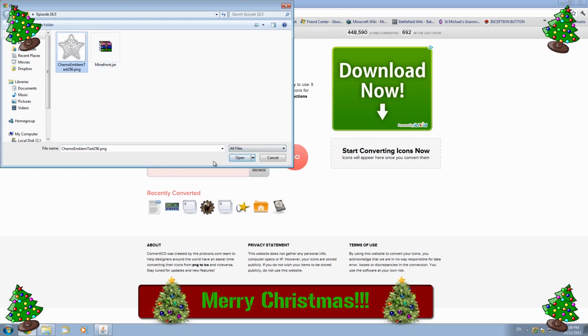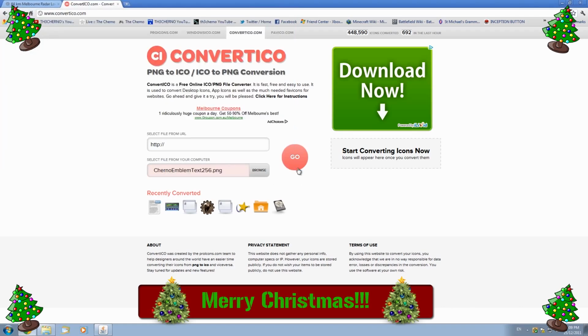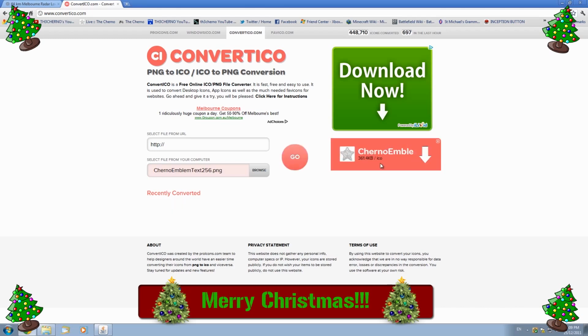Or probably any file, but I always go PNG anyway. Oh, it's PNG to icon, yeah. Make sure it's a PNG file. Select it, hit open, hit go, and it literally takes like 5 seconds. 4, 3, there we go. Okay, and once you've got it, hit the download button, and it should